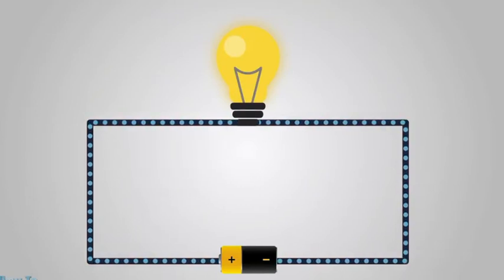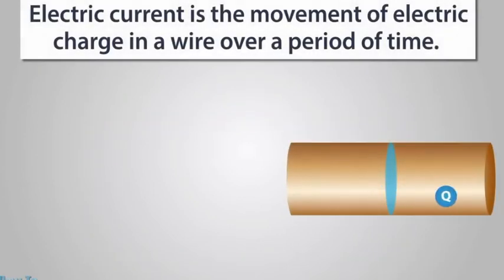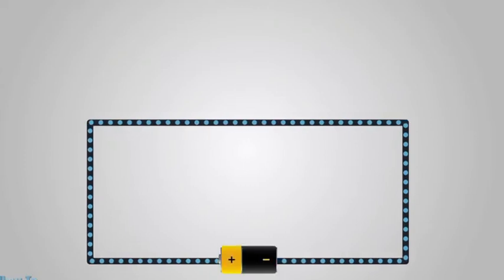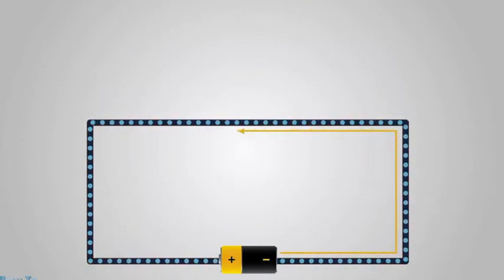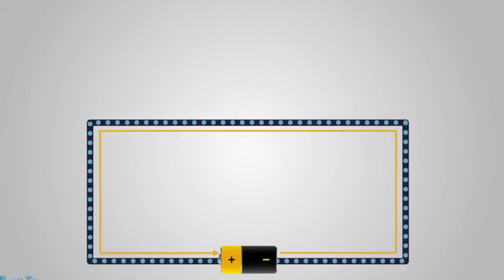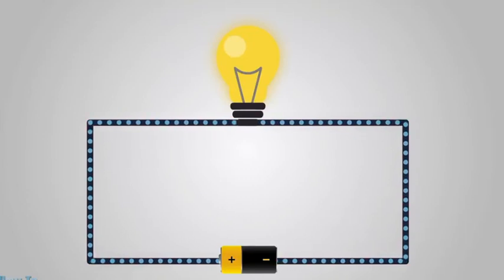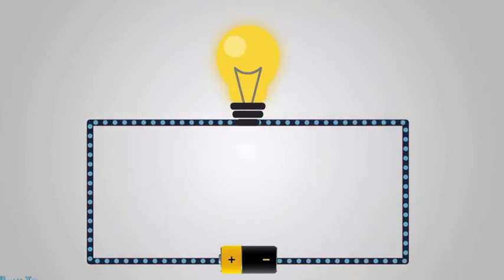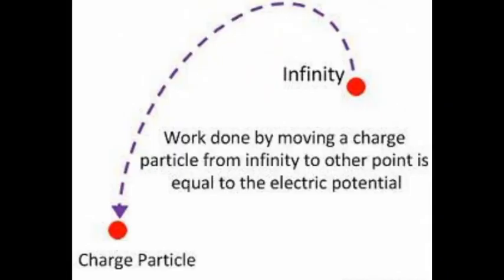So, in order to move that electron, or in order to make the flow of electrons, some external factor is necessary. Some external factor is required to create the movement of electrons or flow of electrons from one point to another point in any conducting material. And that particular external factor is known as the electric potential difference. Electric potential difference is the external factor required to create a flow of charge or to generate an electric current.